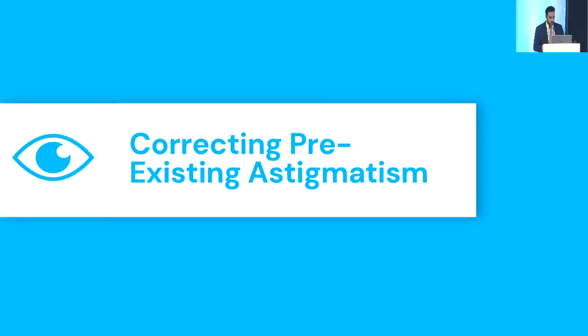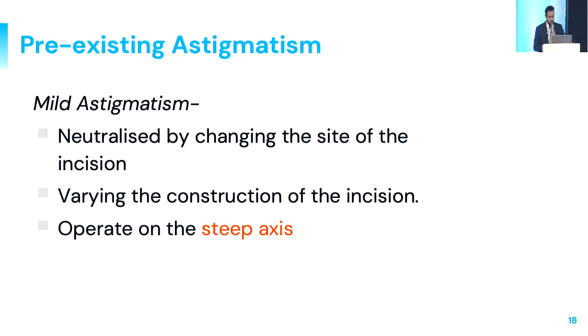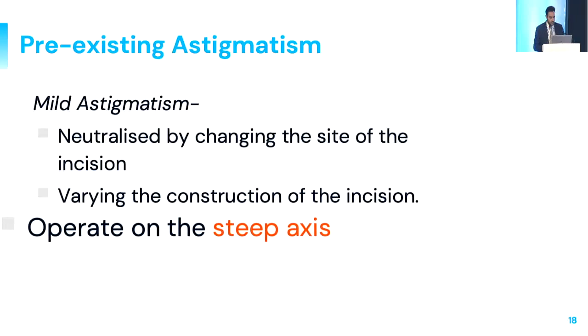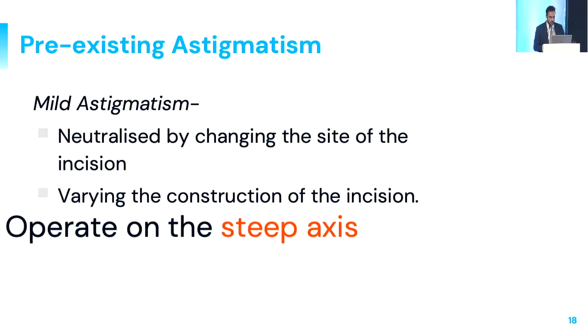So how to correct this pre-existing astigmatism? Mainly in mild astigmatism, we should always operate on the steeper axis. It can be neutralized by changing the site of the incision. So wherever the steeper axis is on the corneal topography or the keratometer, whichever you have, we have to operate